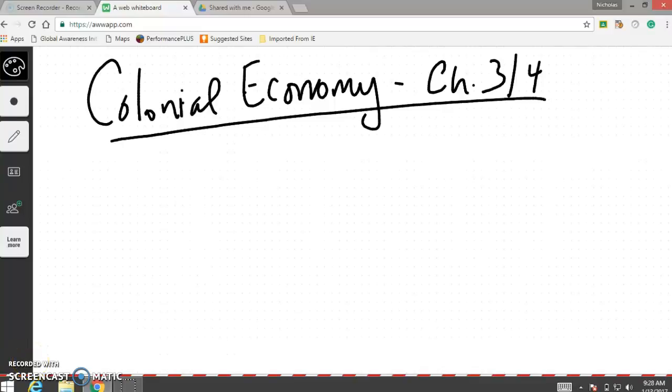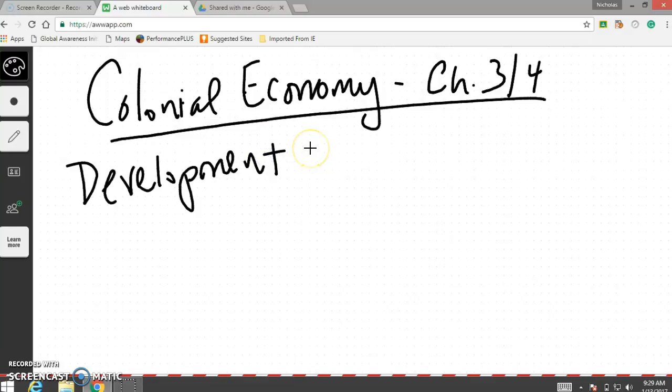All right, guys, this is a midterm review on the topic colonial economy. This covers some topics that are both in chapter 3 and 4, and we're primarily going to focus on the English colonies again, because that's our focus for U.S. history. So one of the questions that we were investigating was about the development